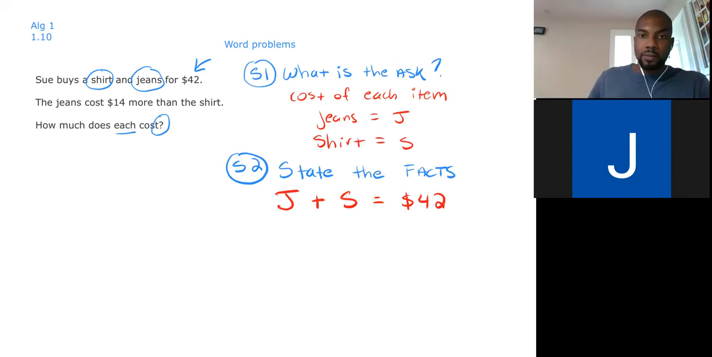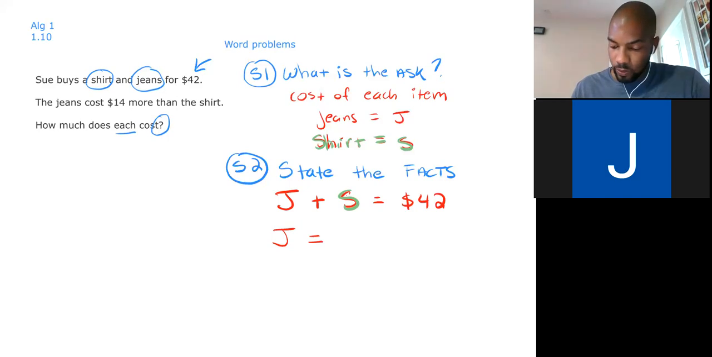That's one fact. The second fact, but what I'm going to do is color code everything. So I'm going to color code the cost of the shirt as green, so that I know how to differentiate between the jeans cost and the shirt cost. The next thing I know for a fact is that the jeans cost $14 more than the shirt. So what does that mean? The jeans, J, are always equal to whatever the price of the shirt is